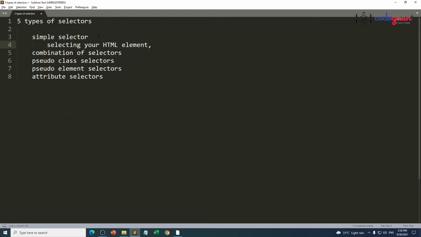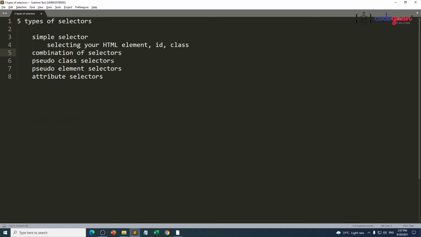Second thing is we are going to use ID and we are going to use class. Here ID and class are 2 attributes you are going to apply for your elements in your HTML page. In your HTML elements, you are going to apply one ID and one class so that you can select a particular element separately and individually. Not all the elements, you are going to select a specific element.